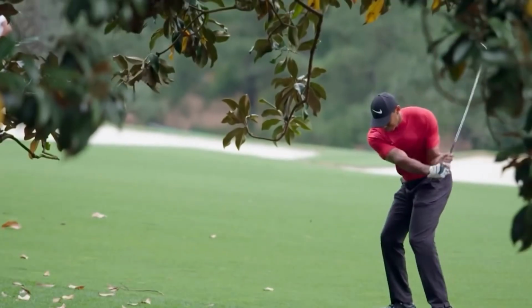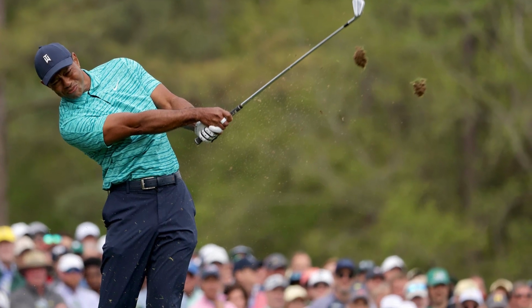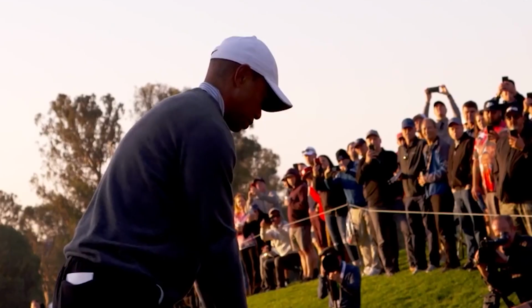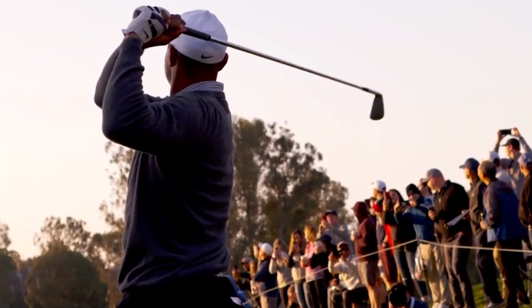As Tiger's left arm moves back, he rotates his hips forward so that he can shift his weight onto his front foot as he prepares to start the downswing movement. This allows him to use his entire body to generate power as well as provide stability throughout his entire swing